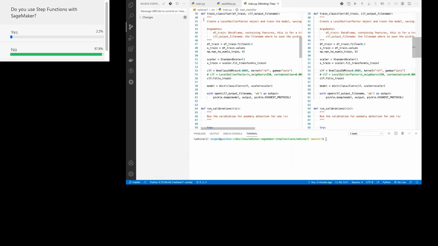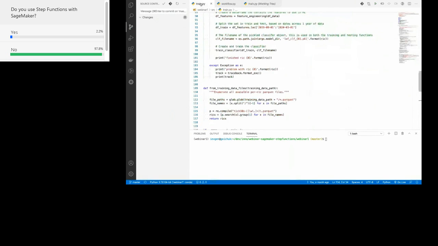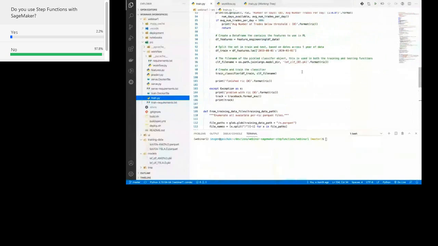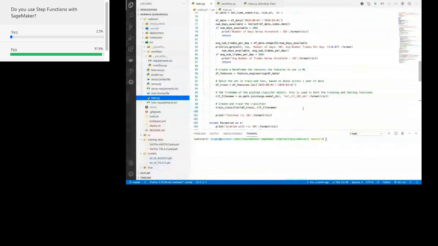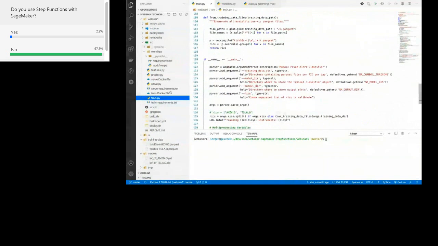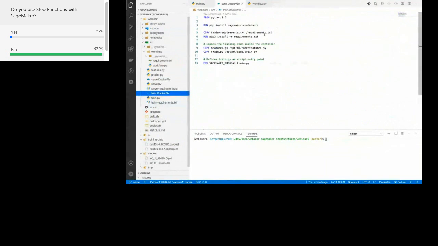So this should trigger the pipeline, and we'll check it in a minute. And meanwhile, I will go through the code, just explaining what it does. So we have the training script. Now we need to package it so that SageMaker can run it in a Docker container. I use the SageMaker containers project,